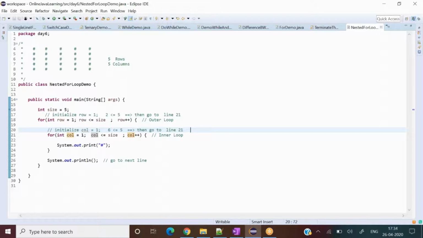After that, it is going to come out of that inner loop. It is going to print line number 26, and then go back to line number 18. Initialization is done already. So now this is the second time, so this is 2. First it was in the body of line number 18. Now that 1 becomes 2. So 2 is less than size. Then all this is going to happen again.